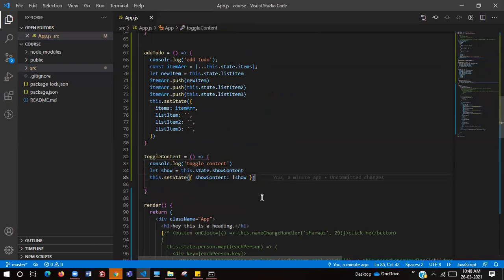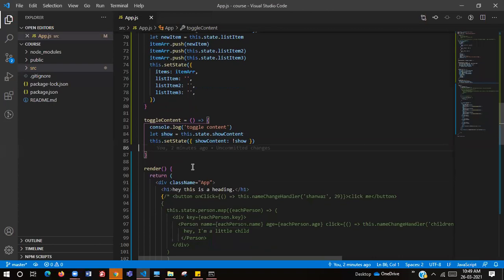That is our expected output. Now we are taking this.state.showContent in a variable, show, and we are negating that show. The show value right now is true, and we are negating it. That means not of true, that is false. So we are setting it to false when we click on this function.